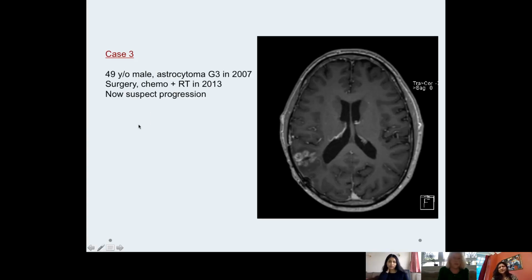Next case. So case here is a 49-year-old man, which was diagnosed in 2007 with an astrocytoma grade 3, underwent surgery, which was followed in 2013 by chemotherapy and radiotherapy, and now on imaging showed sign of progression with contrast enhancement on MRI, and had